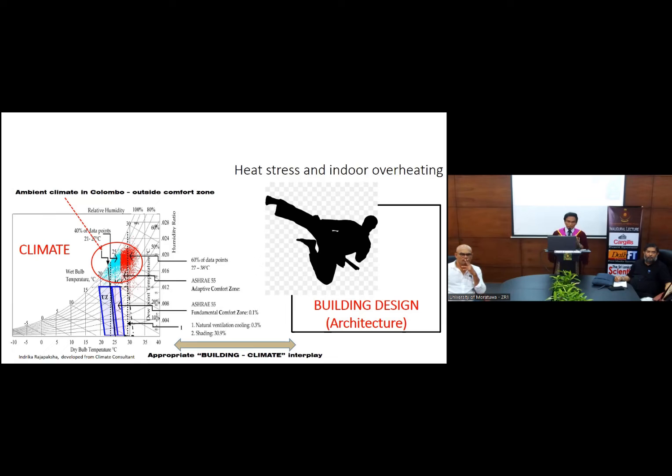So how shall we address this issue? We have to fight with the climate. We have to fight with the climate using the building design, using architecture, using a specific type of architecture. Having a window is not favorable because windows bring heat. So therefore, we have to have a very specific type of architectural typology to fight climate. In fact, fight the negative effects of climate. There are good things about the climate. We can take good things, but we can reject negative elements of the climate. So how do you do?